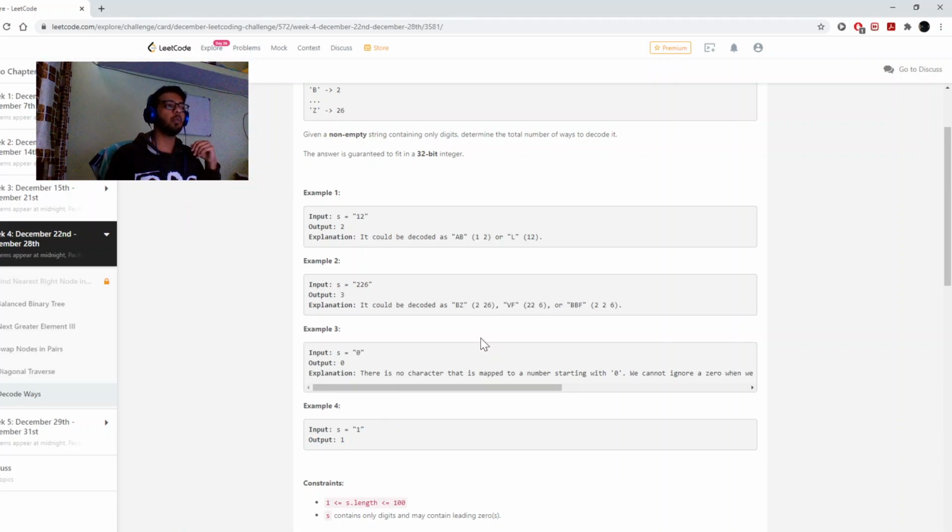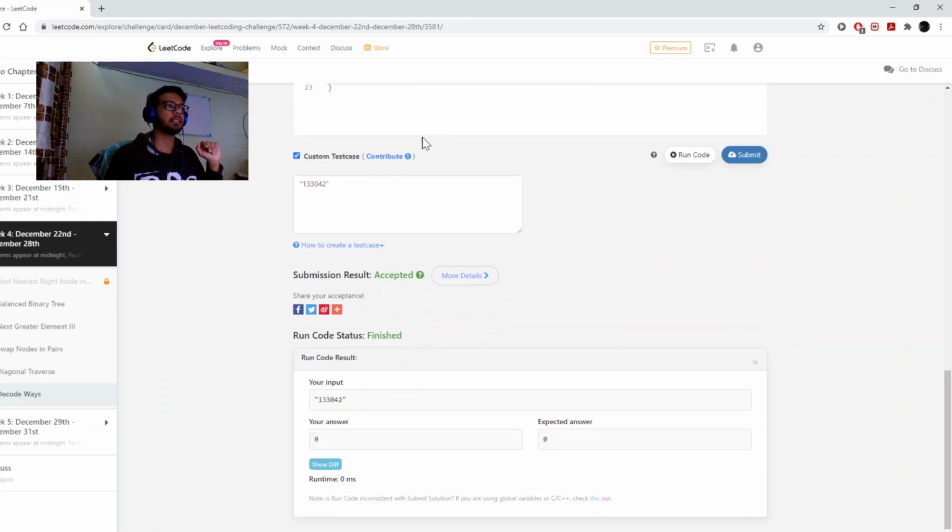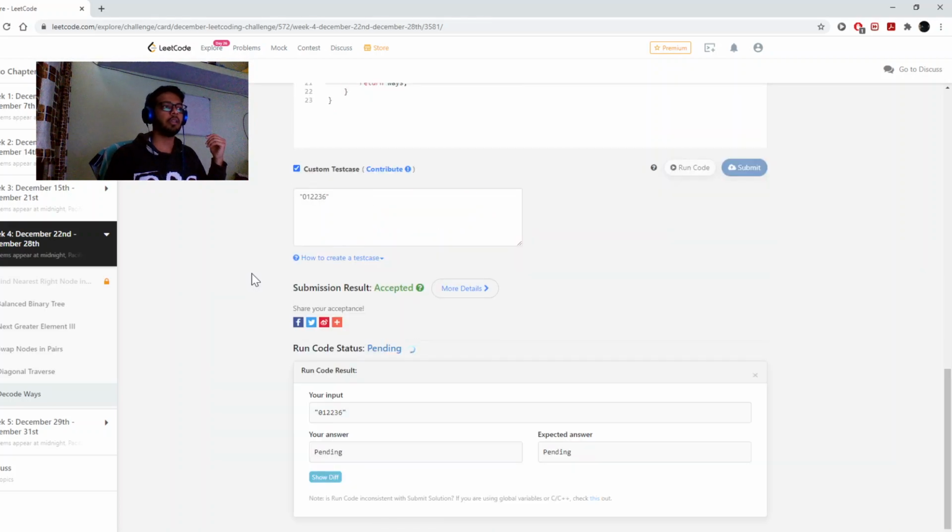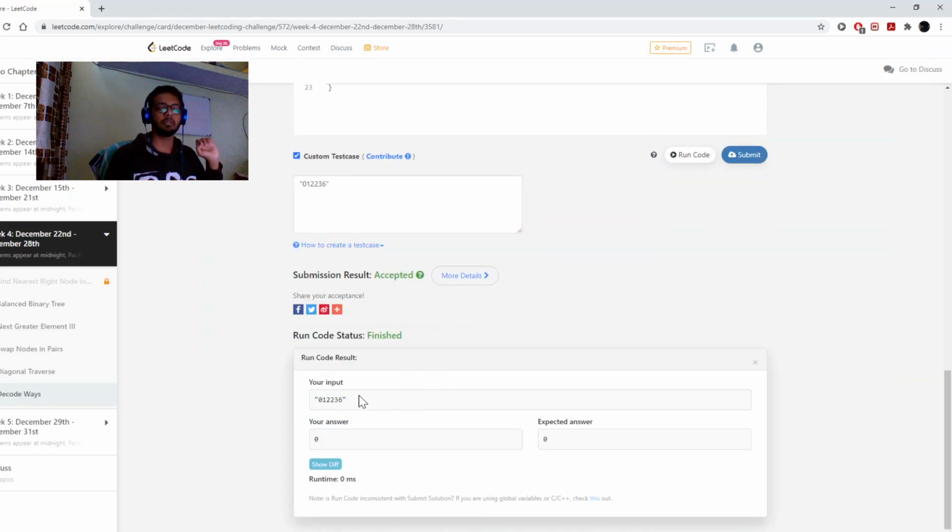But I want you to look at some corner cases, like if a number starts with 0, how many ways are there then? Let's consider this situation where a number is 0, 0, 1, 2, 5, 1, 2, 2, 3, 6, anything. How many ways are there to decode this string?